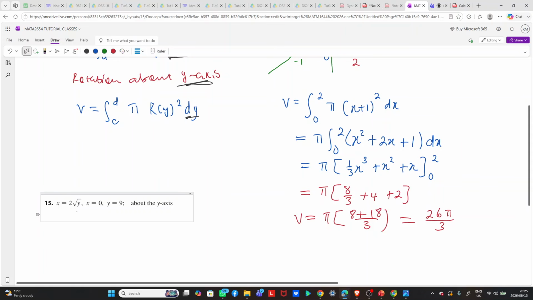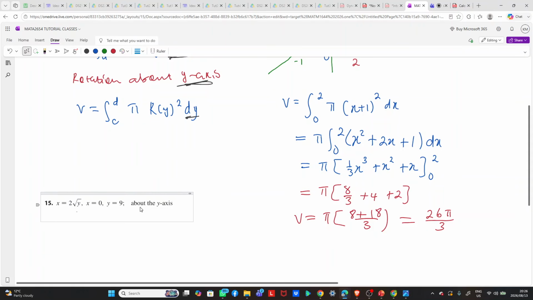If you're going about the y-axis, what is the idea? Okay, so we are given that x equals 2 square root of y, x equals 0, and y equals 9. So we need to find the region that is bounded by all of this and rotate that